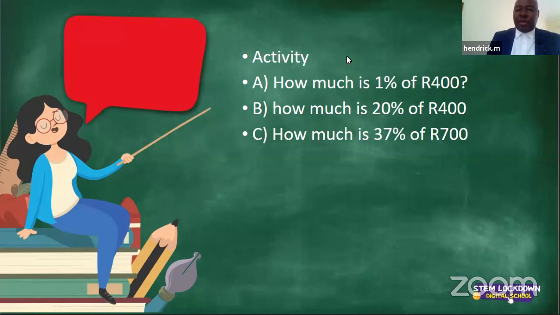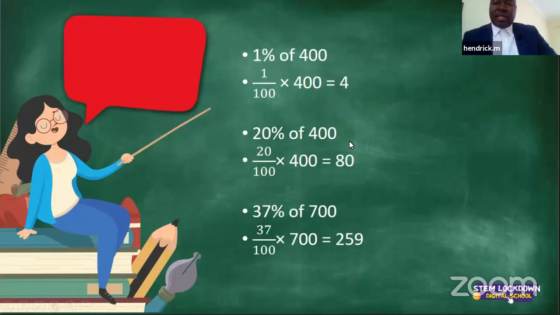And of course, it takes us to the next activity. This is just the solution that I have for the previous activity. As you can see, 1% of 400, we said that 1% is 1 over 100, and you multiply that by 400 to get 4, as PEC said initially. And of course, the second one, 20% of 400 becomes now 80. And the last one, 37% of 700 becomes now